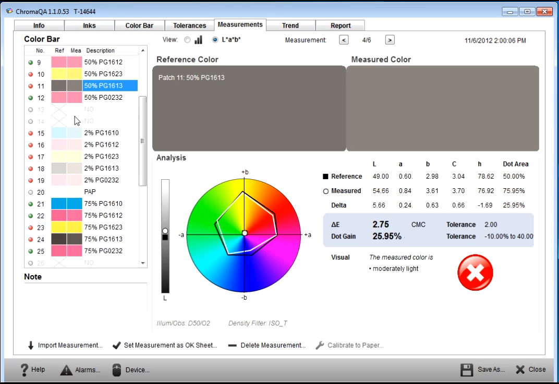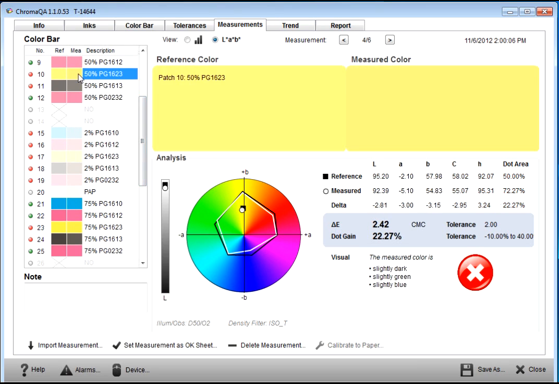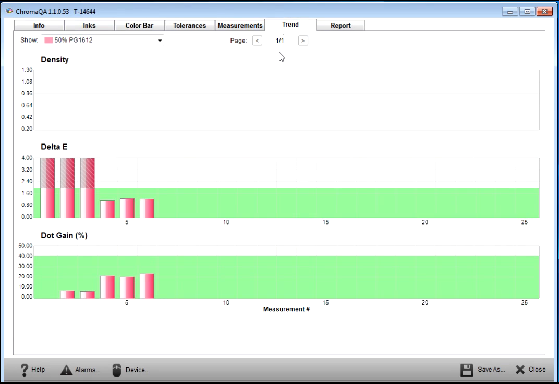Many folks these days are actually checking the 50% so they can get a better idea over the full tonal range of what they're printing, of how well their colors are matching, not just at the solid 100%, but also at the 50%. So I've gone through and I can trend each color, look at the dot gains. In addition to this now, I want to be able to grab this data and